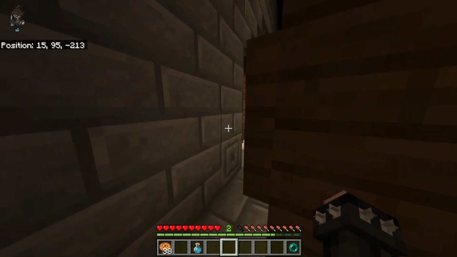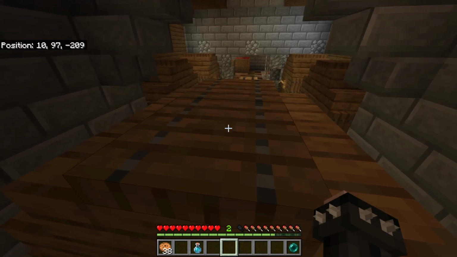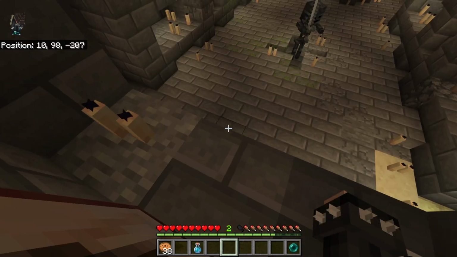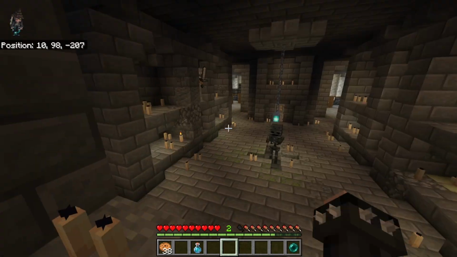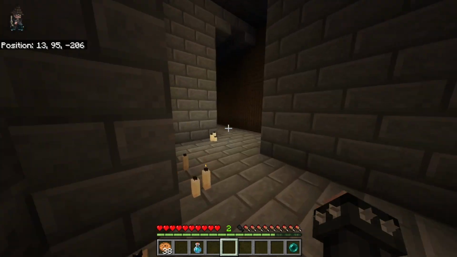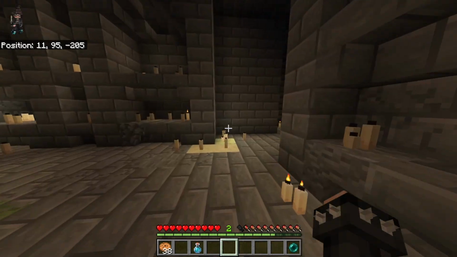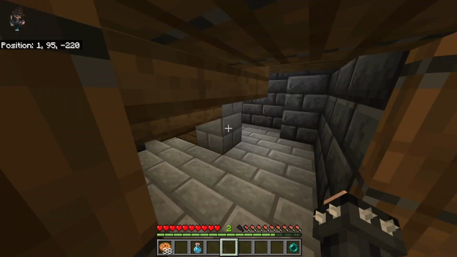Maybe I can get in here now. Thought I saw... Oh, there wasn't a ladder, but I think I can get up through here. Okay, that's it. I thought it was more of a secret, but it just brings us back out here. So we can't go that way. Did we already explore this way? I think this is where...